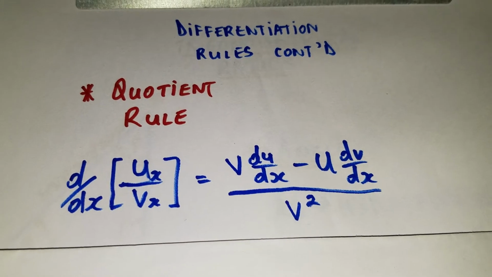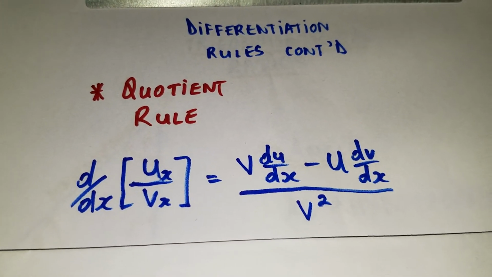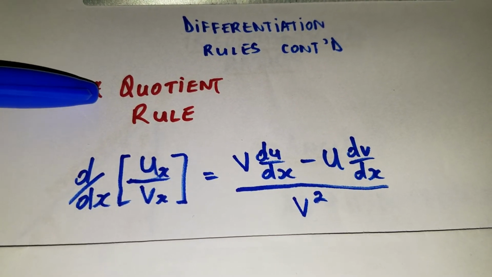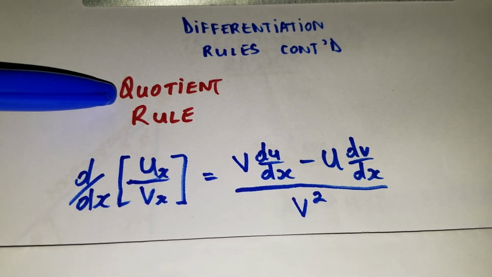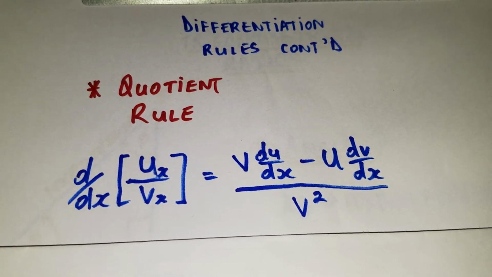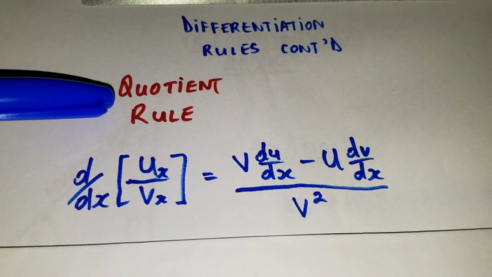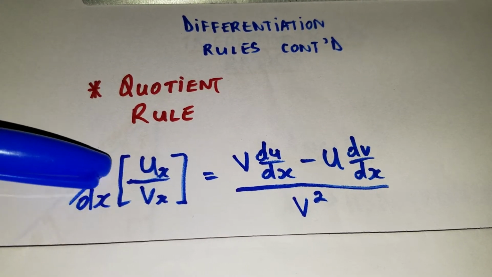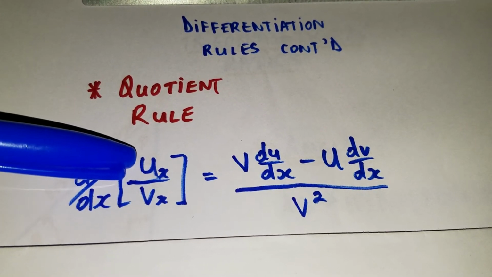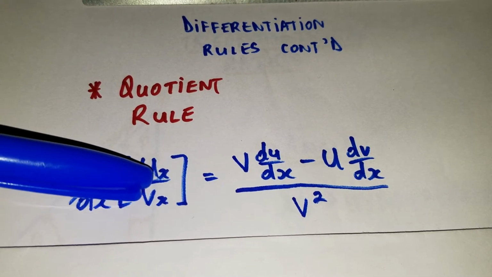And in today's lesson, we'll be looking at another differentiation rule known as the quotient rule. Now, as the name suggests, quotient implies division. So, the quotient rule is used when we want to differentiate a function of x, for example, being divided by